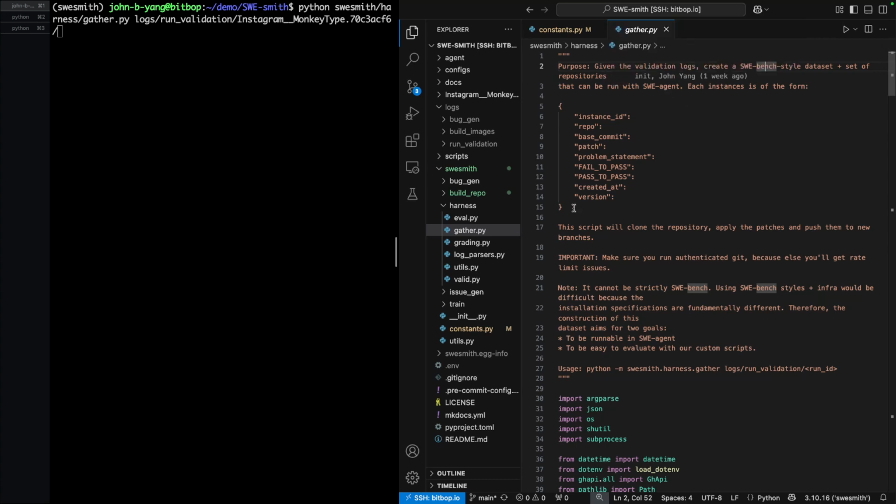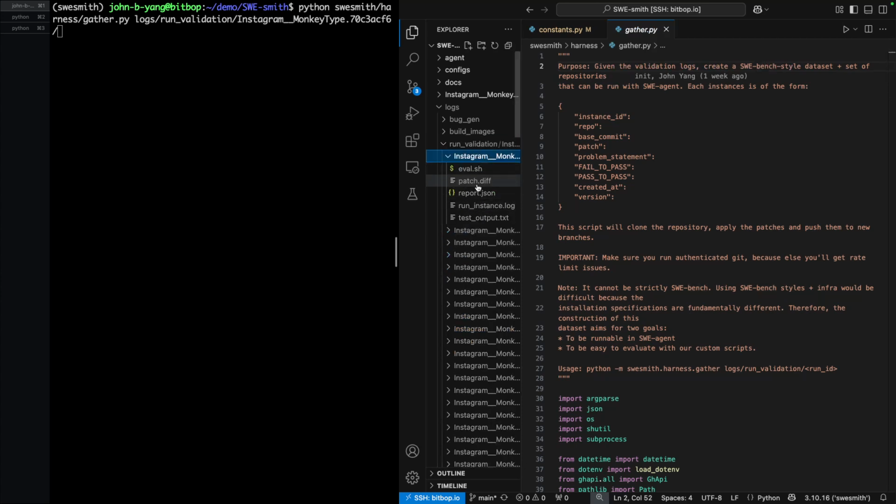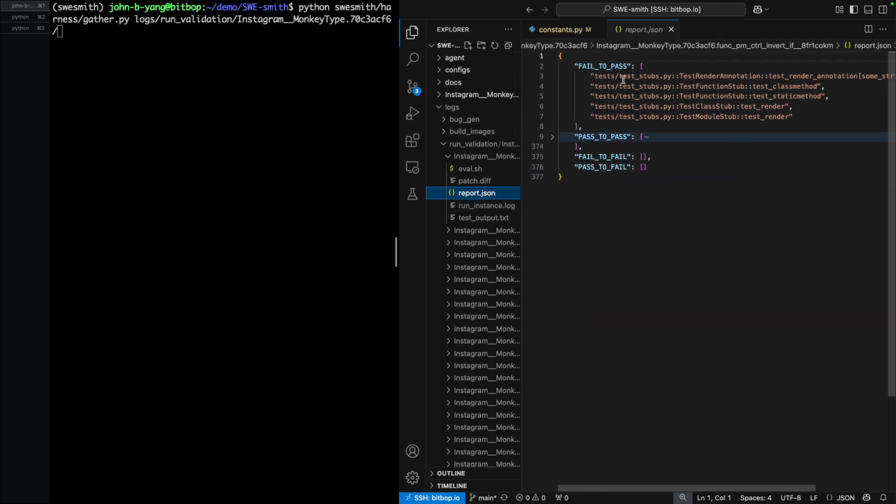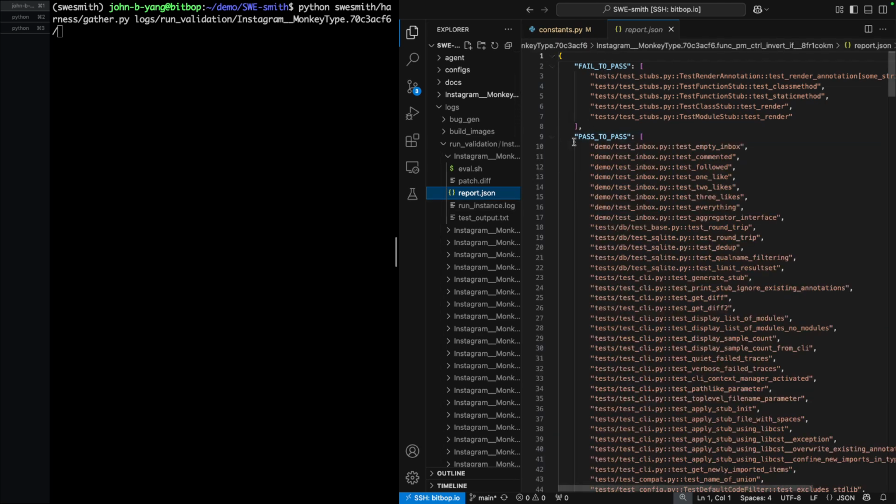SWE agents. So basically, it just looks at all of the validation records and checks very simply for whether there's at least one or more fail to pass tests and at least one or more pass to pass tests. And if that's true, then we consider that task instance usable for training because there's a signal to indicate whether, if we ask a model to fix this repository, we can use these tests to check whether the fix